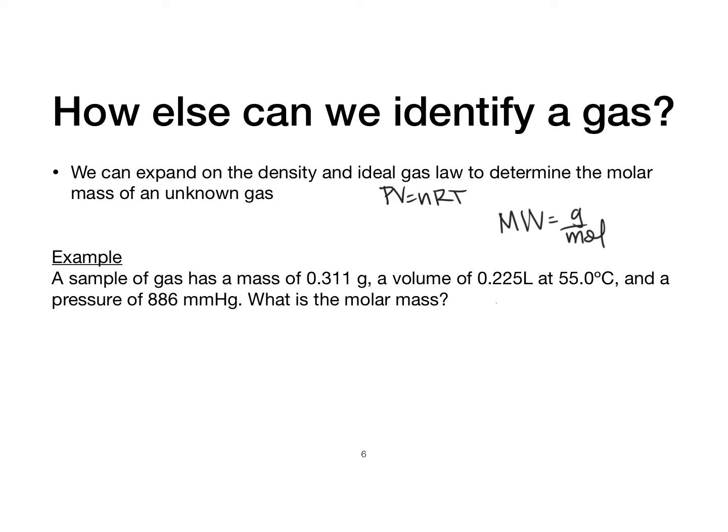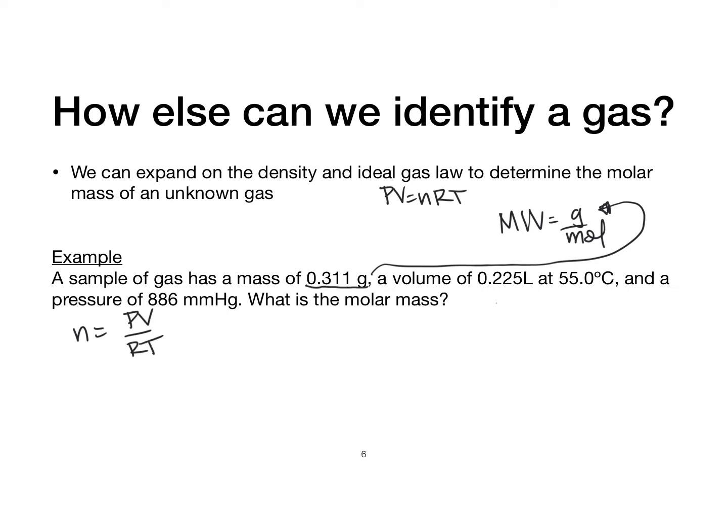of 0.225 liters at 55 degrees Celsius, and a pressure of 886 millimeters of mercury. What is the molar mass? So the molecular weight is grams per mole. We have the grams, and that could go here. And we could divide that by n, which is the moles. So we could solve for n equals PV over RT,